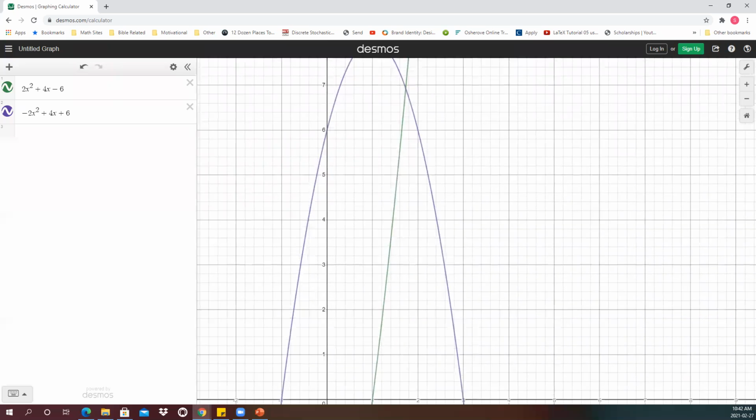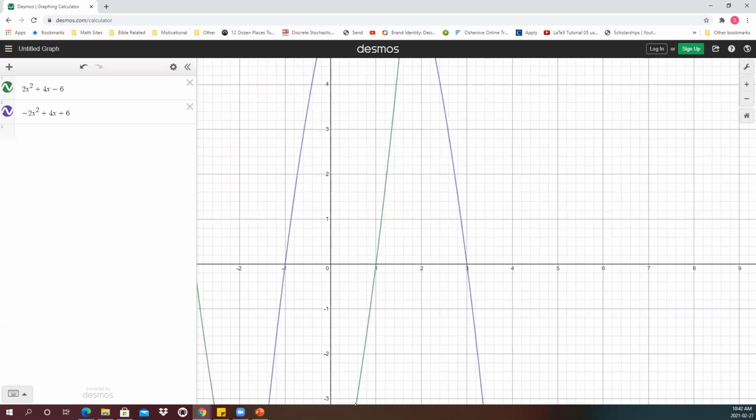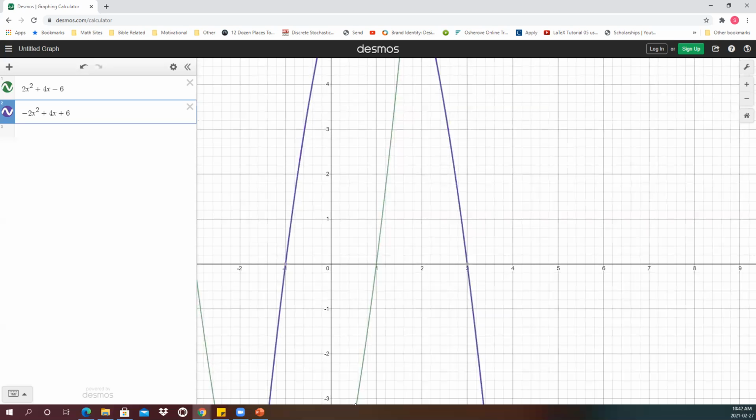And the solution for this graph is where the curve cuts the x-axis. It cuts it once at -1, right here, and it cuts it again at positive 3. So the solution for that would be x equals -1 and x equals positive 3. Right,